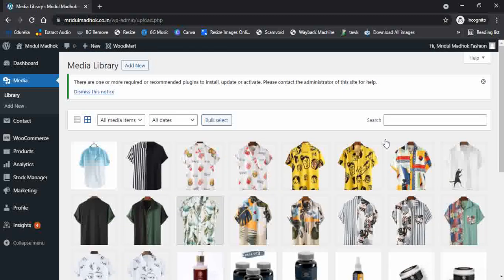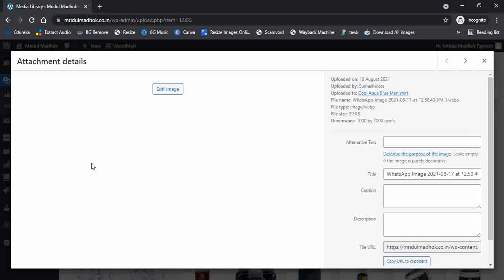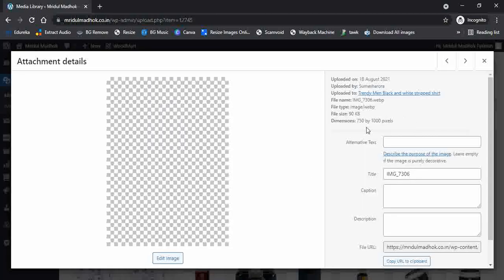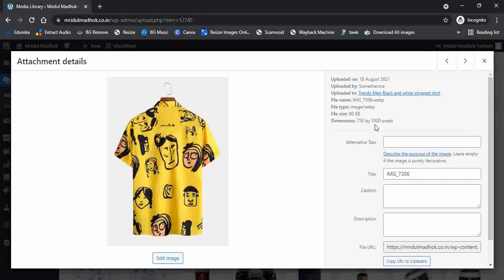I prefer uploading images which are in the WebP format. The file size shouldn't be more than 40 KB, and the dimensions should be kept as 750 by 1000 pixels. This should be the standard image size.